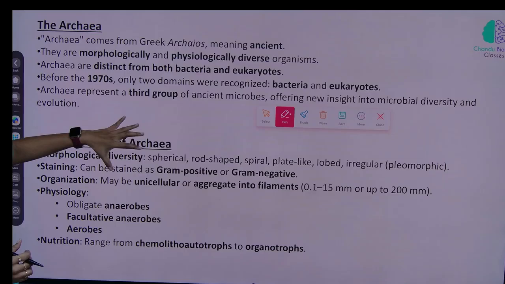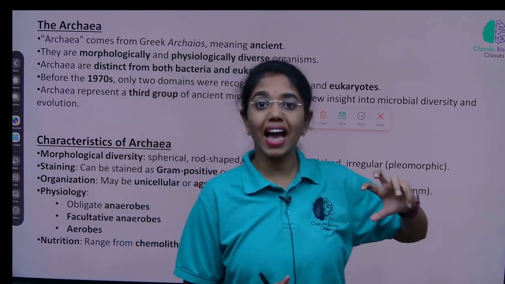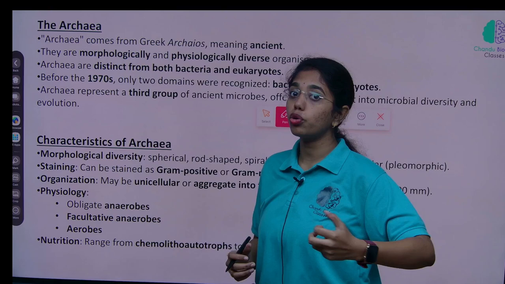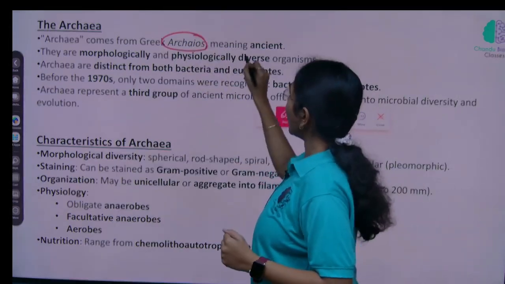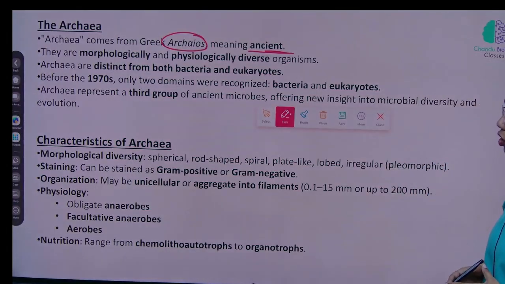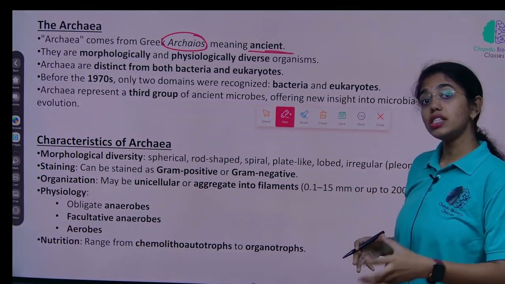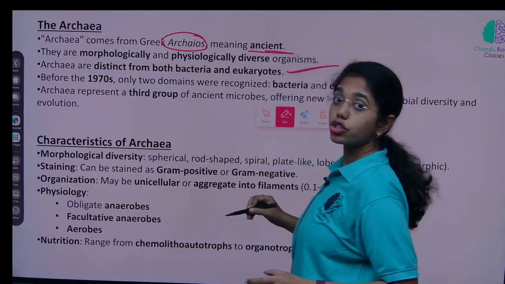So this is the basic introduction of archaea. Archaea are usually called as what? Common ancestors, or the ancestral group of prokaryotes, because in Greek archaeos means what? Ancient. Okay, and they show a wide range of morphological and physiological diversity. They are distinct from bacteria and eukaryotes. This distinct nature is shown in